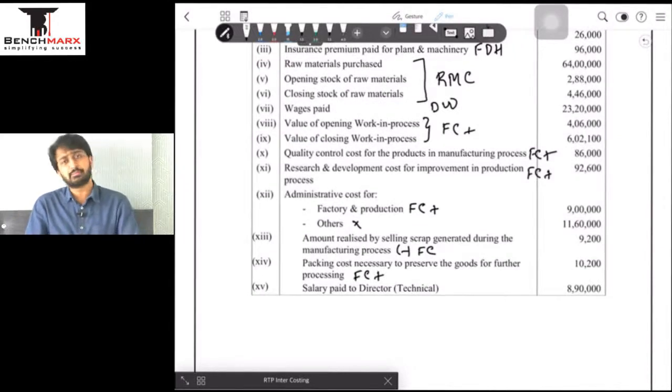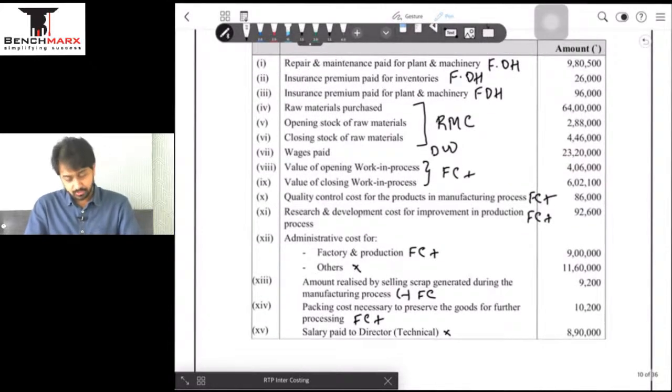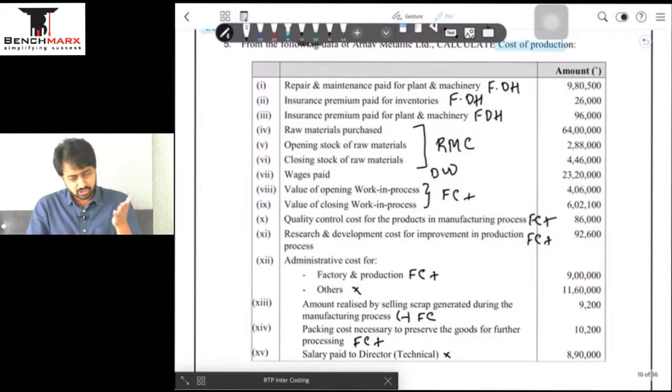So once I get my factory cost, I'll adjust all these things, and then salary paid will not come in the COP or before the COP stage. Right. So what the ICAI has done, once I show you the solution screen, is they have adjusted WIP right at the bottom, which is not in sync with the module's format for the cost sheet. So we will stick to our original solution and not what the ICAI has done, at least in the RTP. Okay. So all these things are going to be coming in the cost sheet. I only have to input these in the cost sheet, and that's it. Nothing is to be found out here. One minute, let me put my phone on silent.